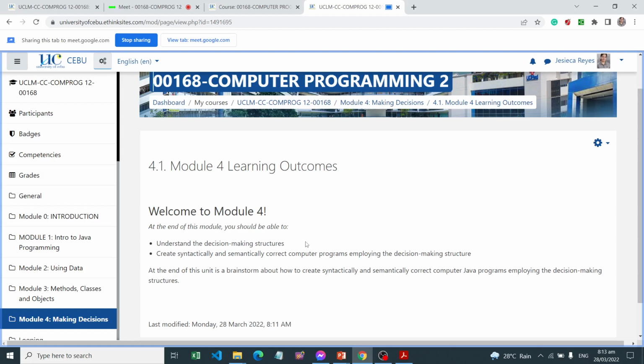At the end of this module, you should be able to create programs applying the correct syntax and semantics, employing the decision-making structures like if, else if, the nested if,